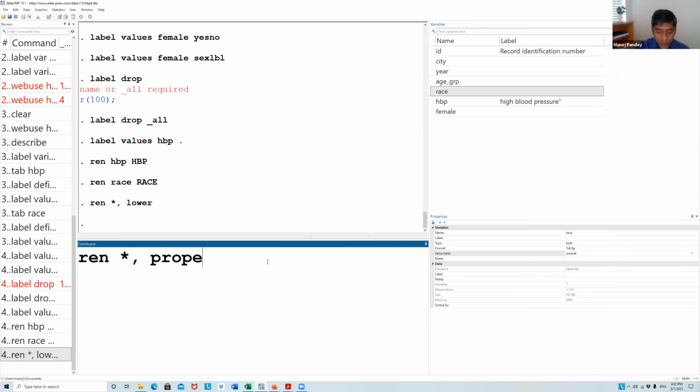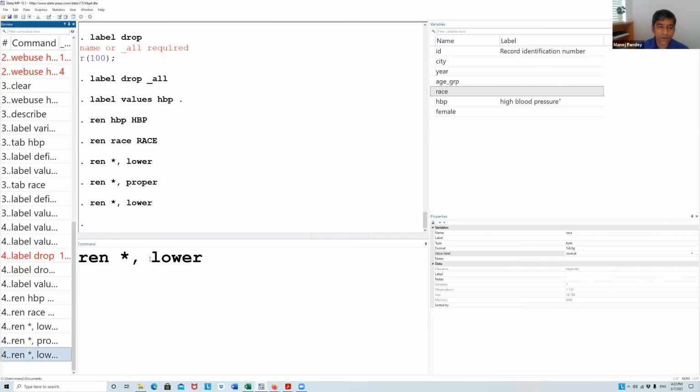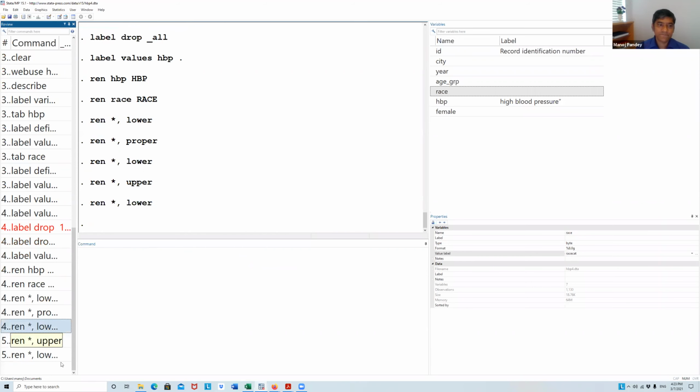Proper makes the first letter uppercase, and the rest is lowercase. So if you like, you can always convert into proper, lower, or upper. Now this is all upper, but I hate it, so I'll go for lower. Done.